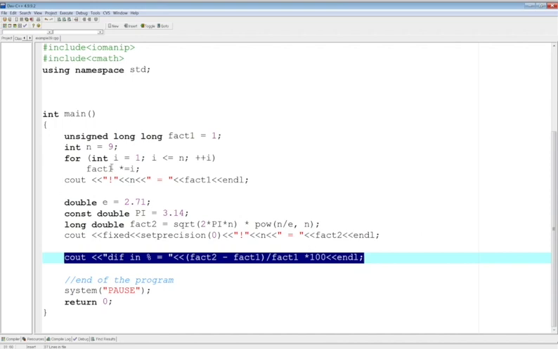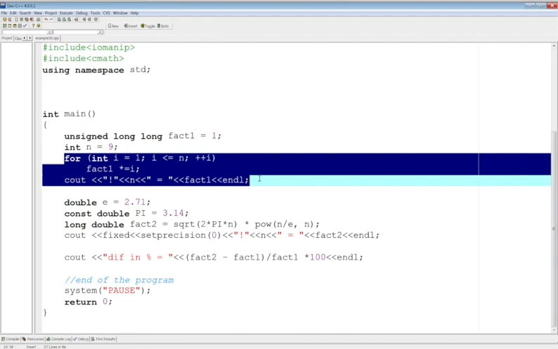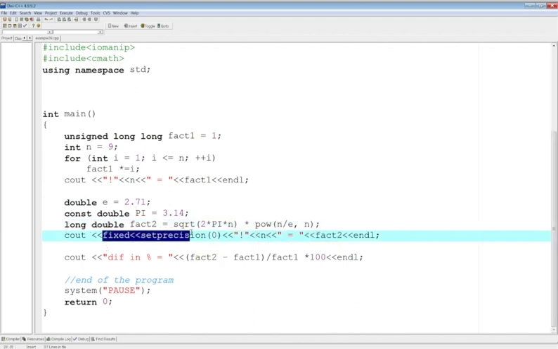So for this particular compile time program, they want to know what is the factorial of 9 using a for loop with a traditional algorithm for figuring out factorial, and taking that n again, which is part of the equation right here, and right here, and right here, right? And again, I urge you to look up Stirling's formula, right? Simply on Google, and this is the implementation right here of Stirling's formula. And so what they're doing is they're setting the precision to 0, trying to round it up,